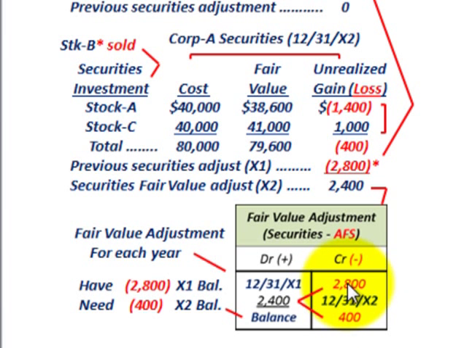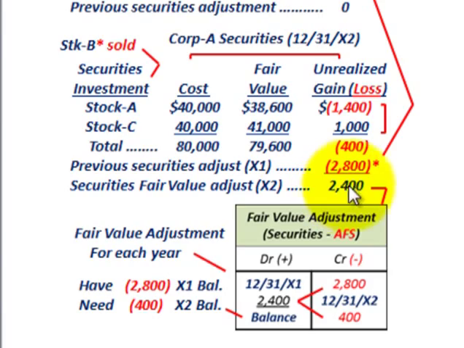$2,800 unrealized loss here would start out at the end of year, 12/31 X1. We have to get down to $400 for the current year, X2. The way we do that, you can look at it easily with your debits and credits. We have $2,800 here. The only way we can get down to $400 is to debit or increase our fair value adjustment on those securities for $2,400. So that's our fair value adjustment for the securities that are remaining here, stocks A